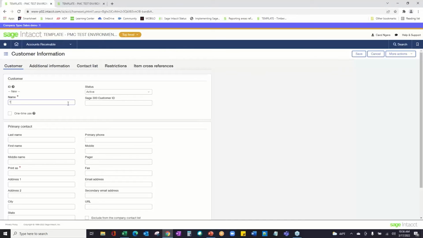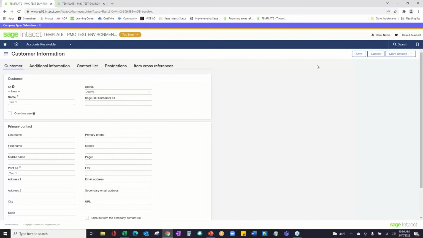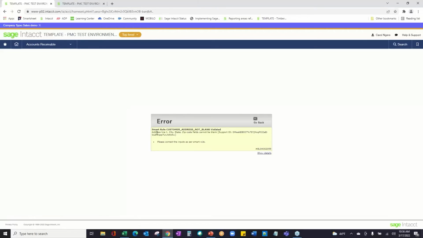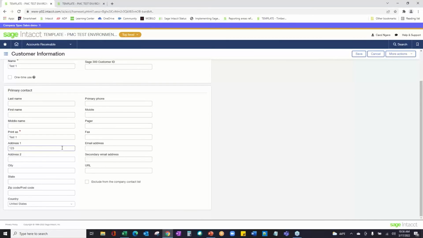Now, one of the smart rules I wanted to showcase here is if I was to add, for example, a test vendor very similar to the Hoover Dam. The Hoover Dam did not load because it's missing an address. But let's say I come in and I just add a customer here and I forget, and I just do just the customer name. The same smart rule is going to kick out and say, hey, you're still missing an address, a city, state, or a zip. And then I just go back and I add in address 123 Broadway Street. I'm just making it up. And then if I now save it,